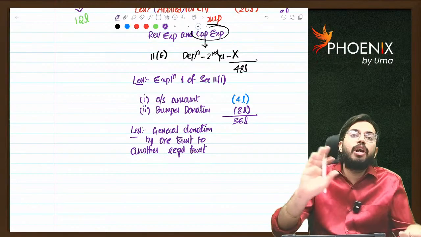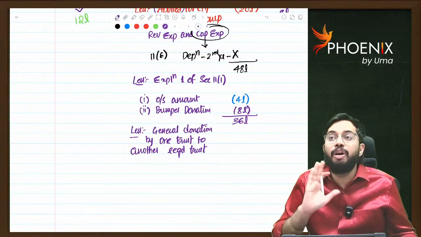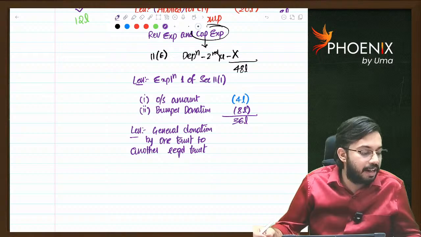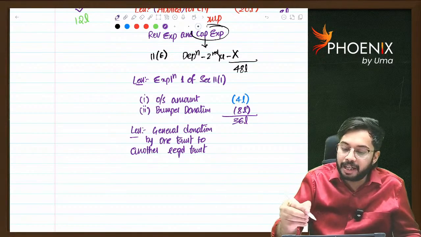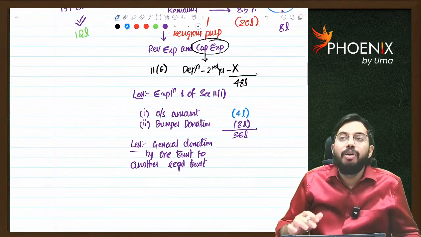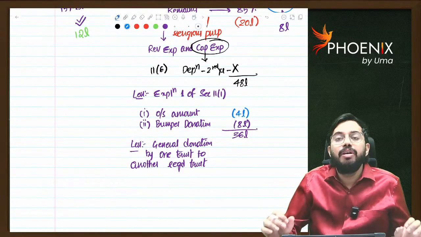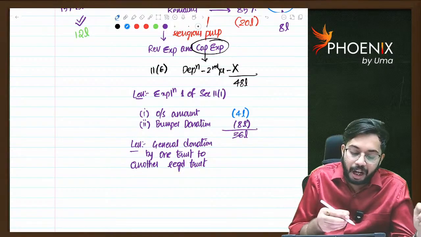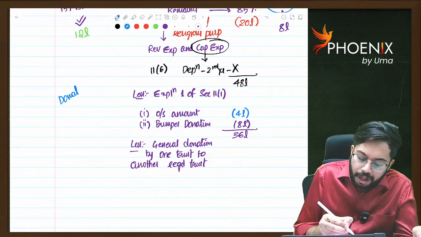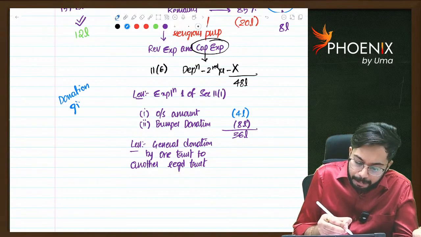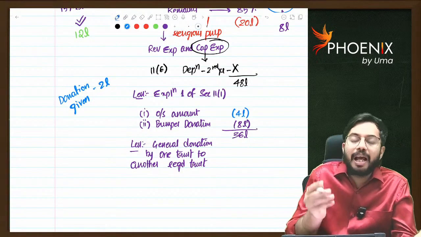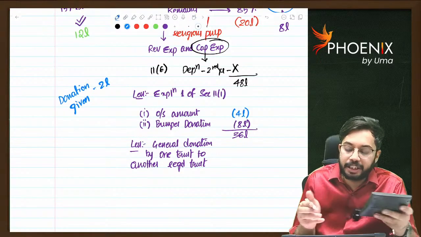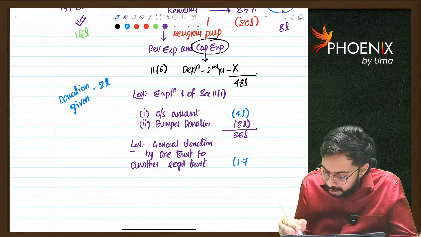But the total donation given is not treated as applied. Only 85% of the donation given is treated as applied. Let's say Umasankar Trust gave 2 lakh rupees donation to Monish Trust. Now how much is the donation given? Donation given is 2 lakh rupees. Total 2 lakhs is not treated as applied. Out of 2 lakhs, 85% is treated as applied, 1.7 lakhs.